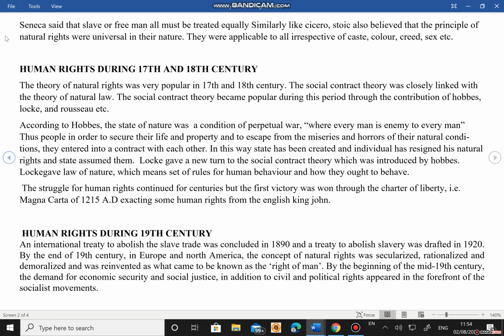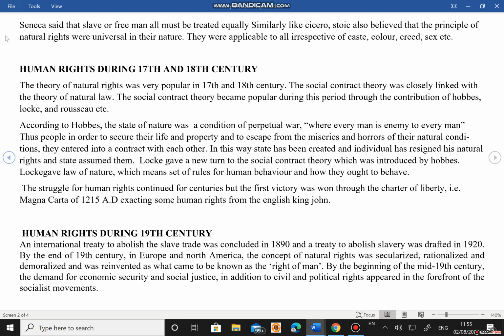Now coming to human rights during 19th century. An international treaty to abolish the slave trade was concluded in 1890, and a treaty to abolish slavery was drafted in 1920. By the end of the 19th century, in Europe and North America, the concept of natural rights was already built up in the 17th and 18th century, and even in the Roman and Greek period. So in this century, Americans and Europeans secularized, rationalized, and demoralized it, and it was reinvented and became known